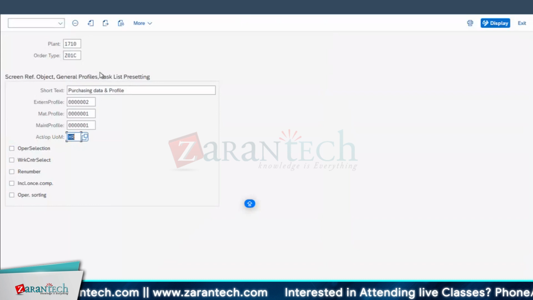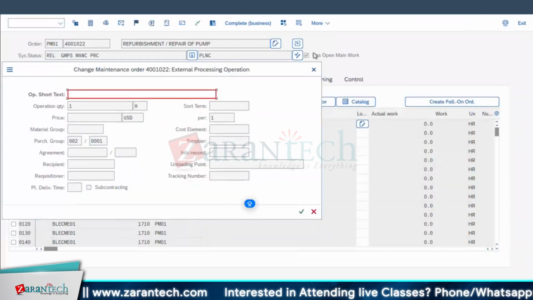Okay, for that one only it will replicate in your order part. Another thing is operation selection. Another thing is work center selection. Another thing is renumbering. What are the three things? I will explain to you. Let me go for